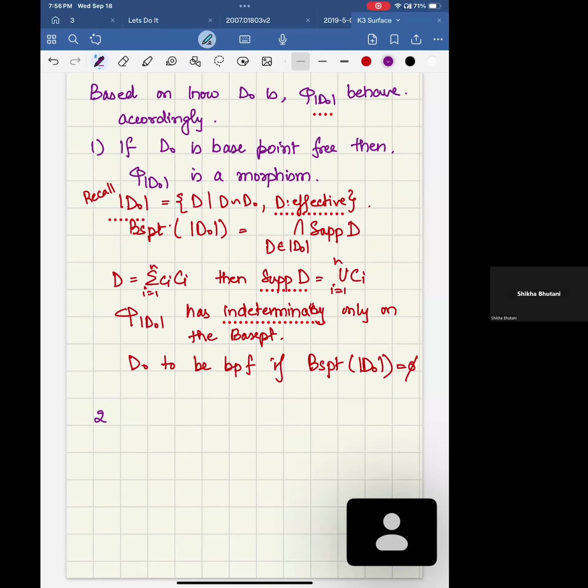Well, another such instance where the behavior of D naught gives some information about phi of D naught is the following. If D naught is a very ample divisor, in that case, phi of D naught is a closed immersion. Okay,